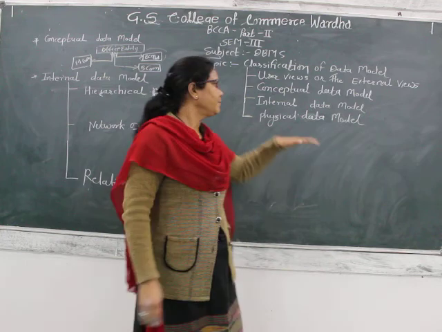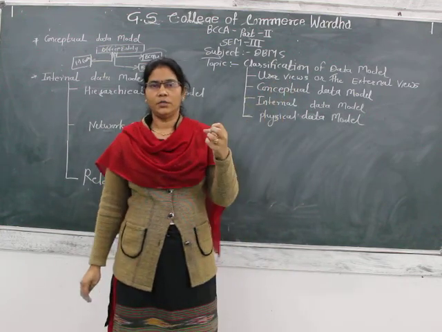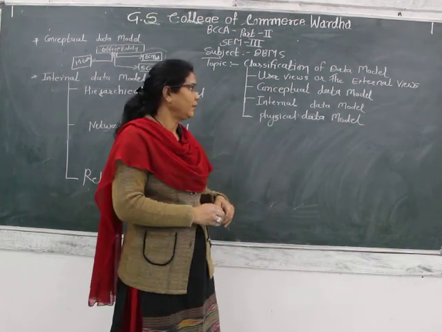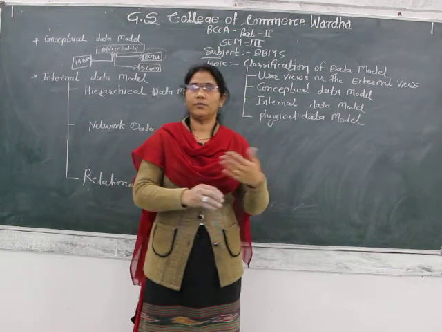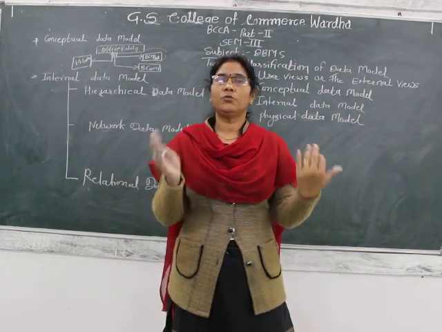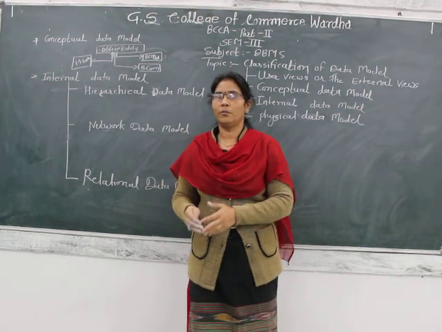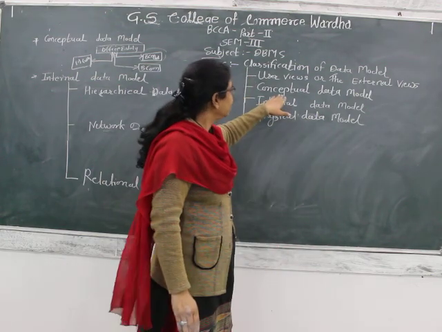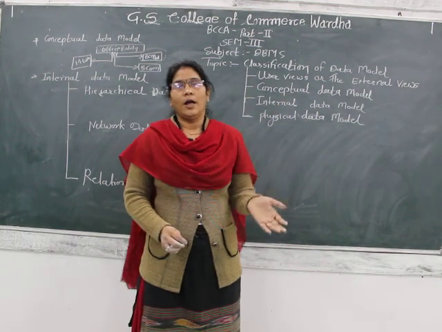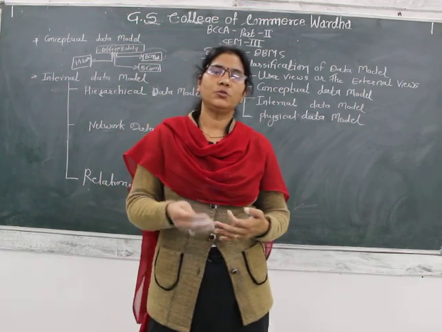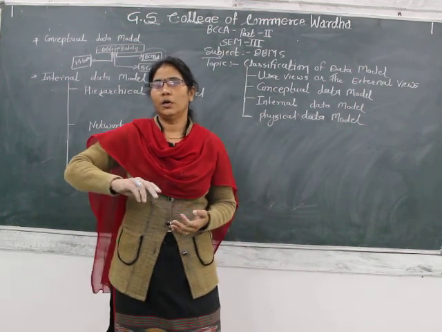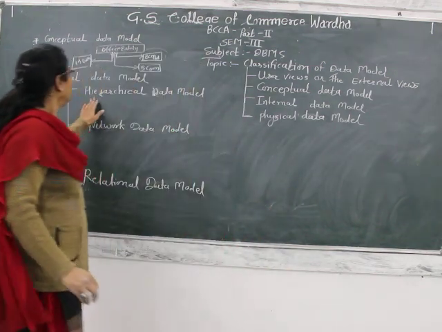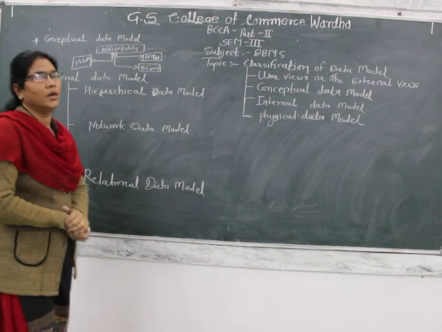When we design the sub schema, or when we have all the sub functionalities going on in a department or various departments of the organization, then we create the sub schema, then we join those sub schema into a consolidated schema, and we get the entire view of the entities. That is the conceptual data model. After that we have to map the conceptual data model into one of three models. First is hierarchical, second one is network, and third one is relational data model.